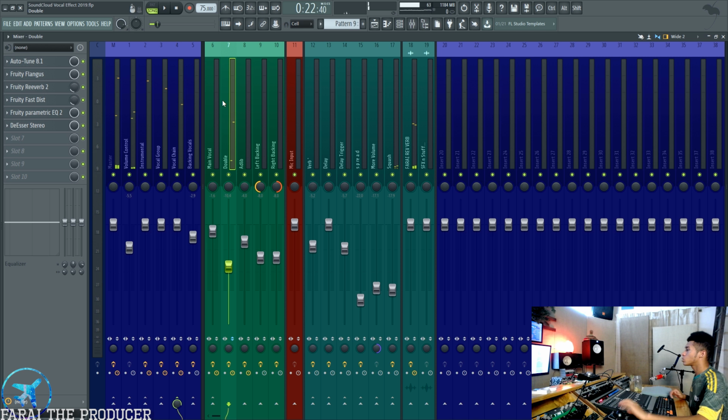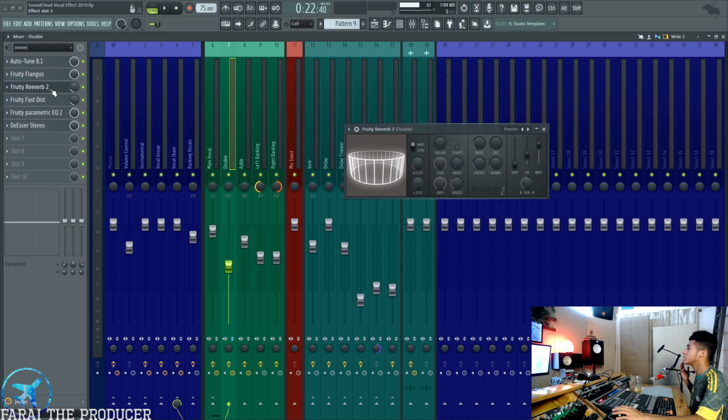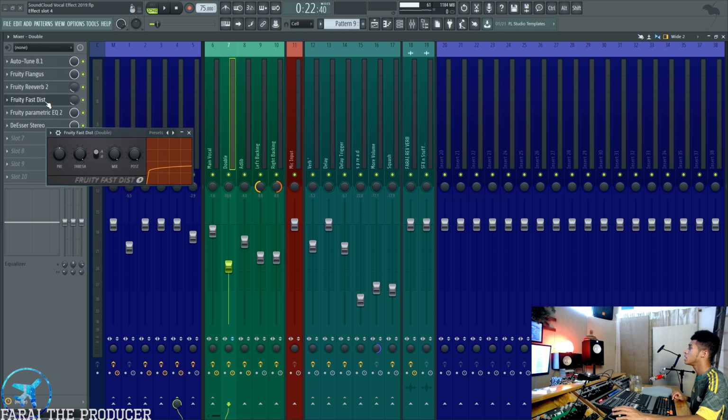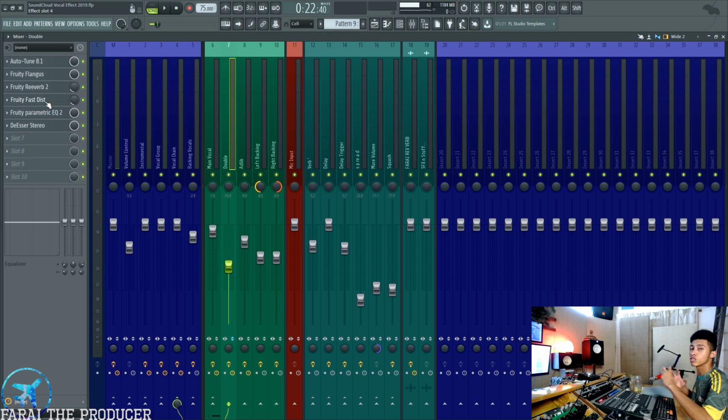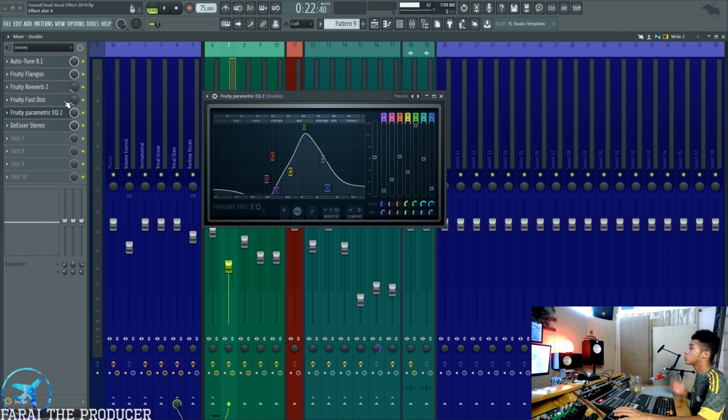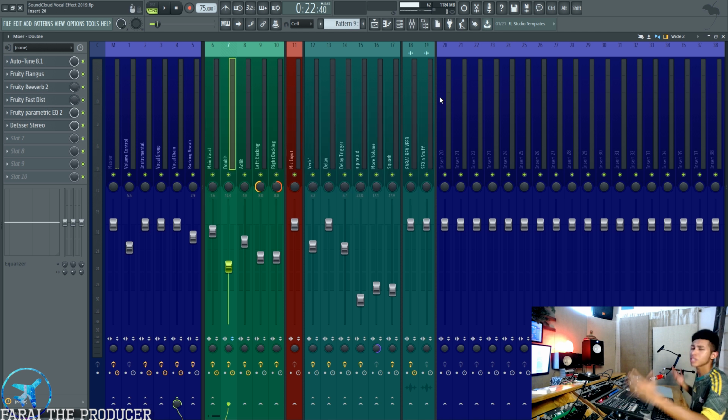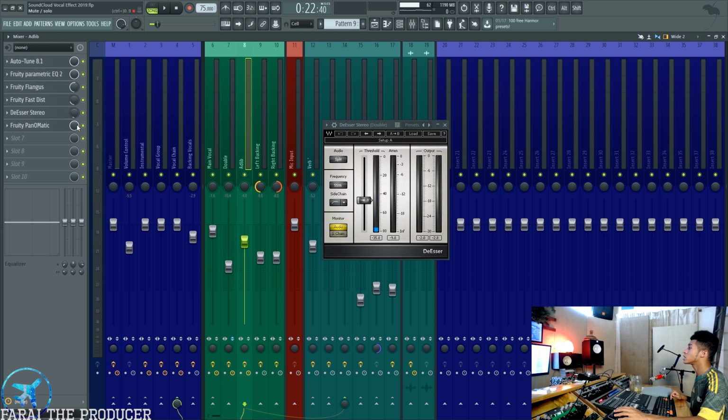So there you go. I think that's the way I will run through all of these backgrounds so I don't forget anything. I just have this flanger going into a reverb, which, there are the settings, going into a distortion just to grit it up a little bit, and then going into a telephone effect. These two really help create that telephone effect, but the flanger and the reverb create a nice spacey effect, which is SoundCloud style, cloud rap, whatever you want to call it. And then I've just de-essed everything,